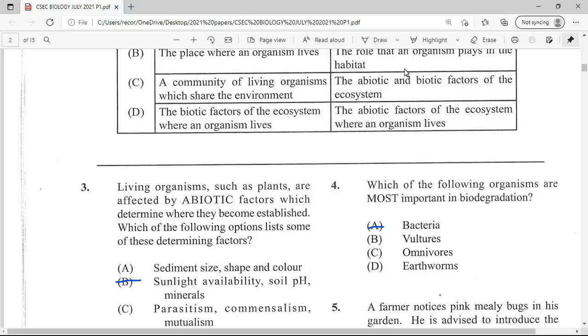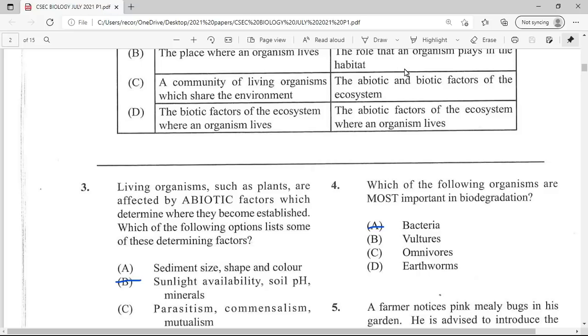Sometimes these things can look a little puzzling to you. Have I ever seen this? I can't remember, but I have seen topography. I wonder if sediment size and shape have anything to do with topography, because topography is an abiotic factor. But here, my answer is, of course, going to be light, availability of light, light intensity. If you look at the ferns in Fern Gully, they are really, really green because they are producing more chlorophyll based on the availability of light. We also could look at soil pH.